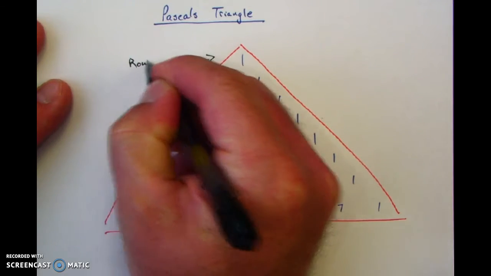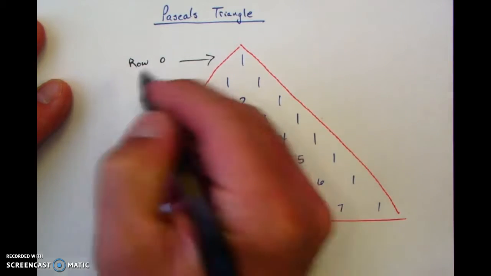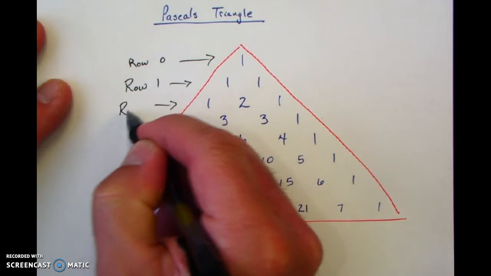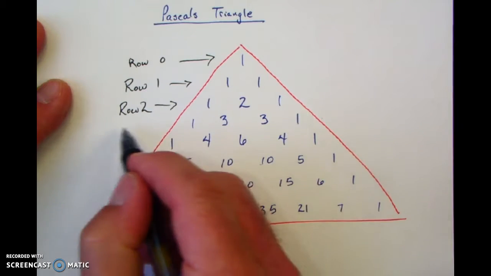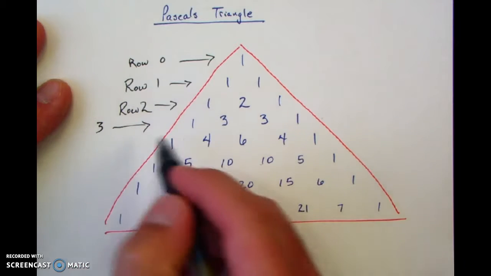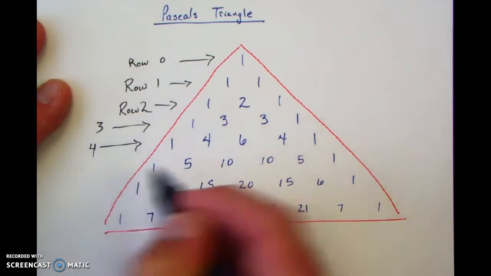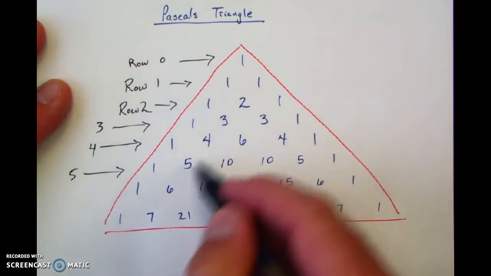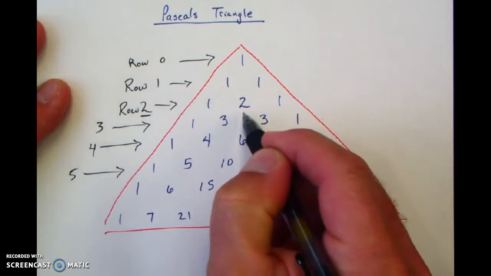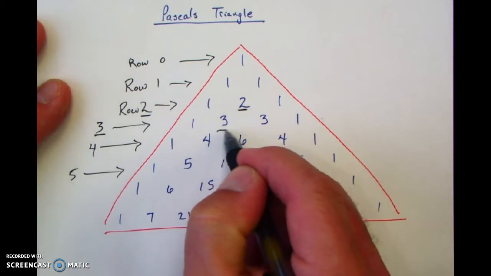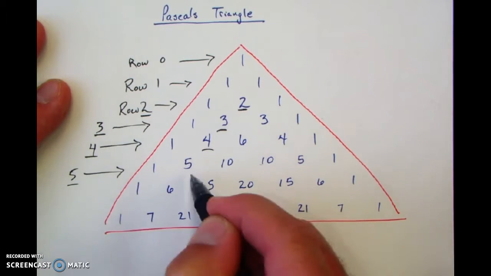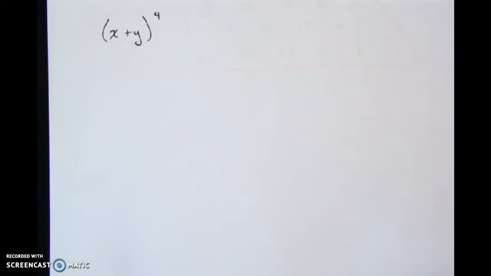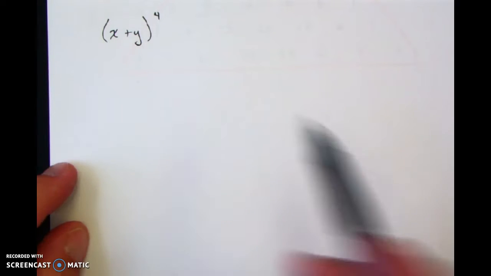We're going to consider this as row 0. And then here we have row 1, and here is row 2. All the way down the line, this is 3, this is 4, this is 5, and you can also notice that these first terms across here, 2 comes here, here's 3, here is 4, here is 5, as we work our way down. Where we will use that is if we're expanding a binomial like this, where we have our